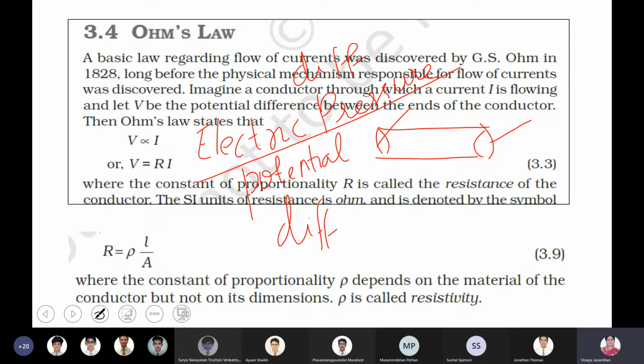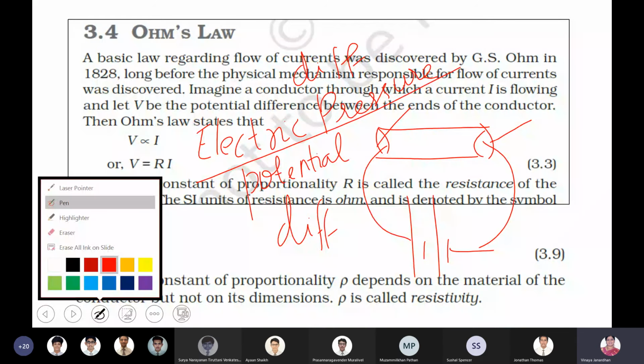You connect it to a pump. If I want water to flow along a horizontal pipeline, one end should be at high pressure, the other end at low pressure. How to maintain that? You use a pump. In the same way, if electrons have to flow from one end of your conductor to the other end, you have an electrical pump, and that electrical pump we call your battery. So electric current can flow from one end of the wire to the other end only when there is a difference in potential. Is that clear, boys?